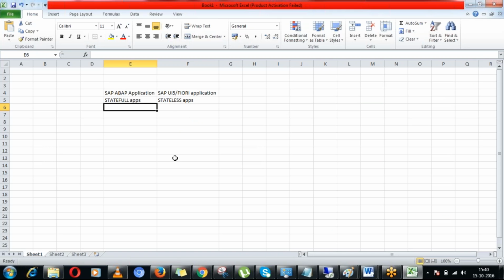Some other differences: in ABAP the performance is average. Here the performance is best,